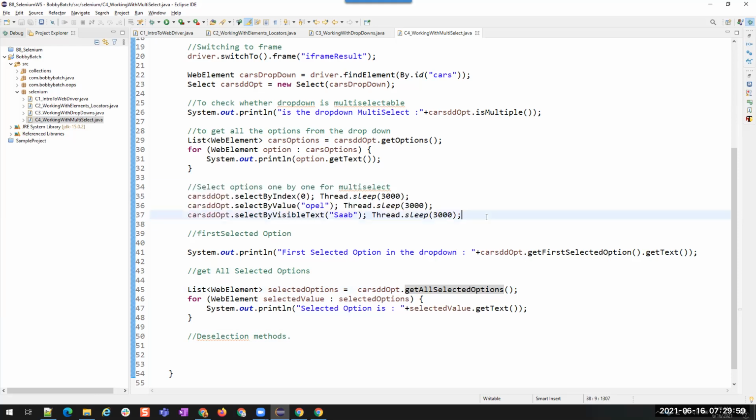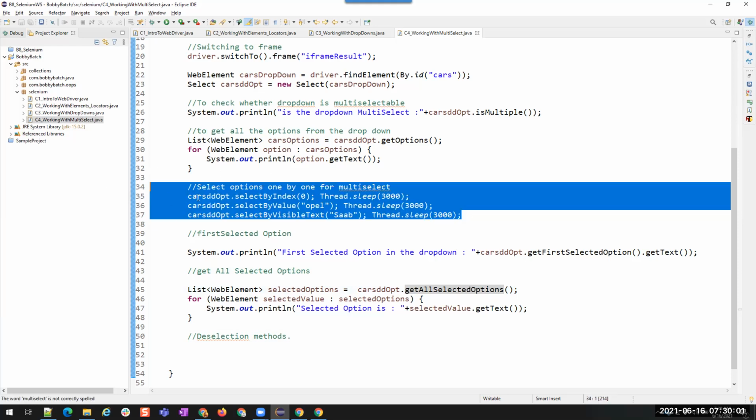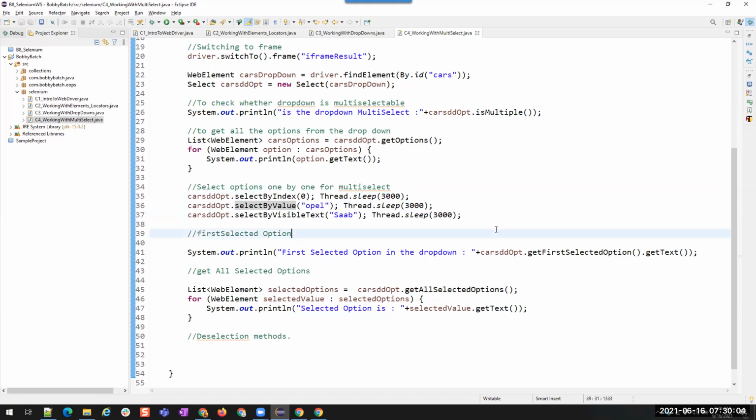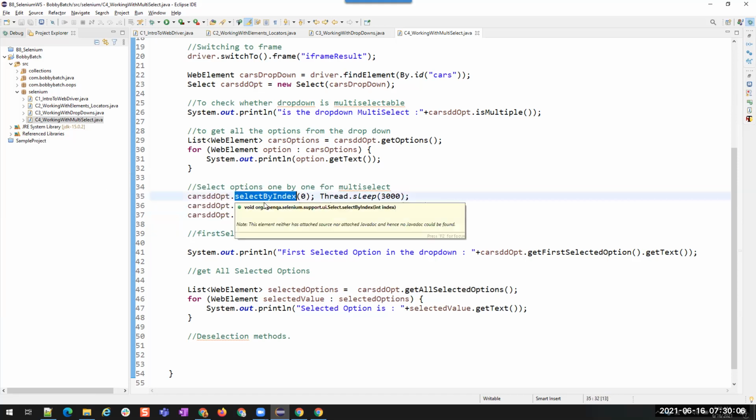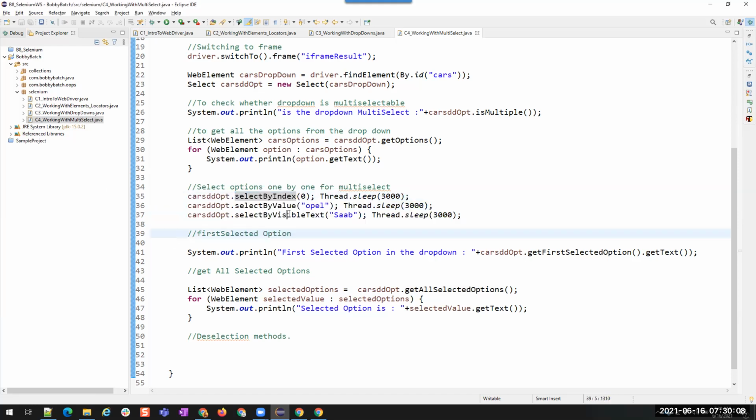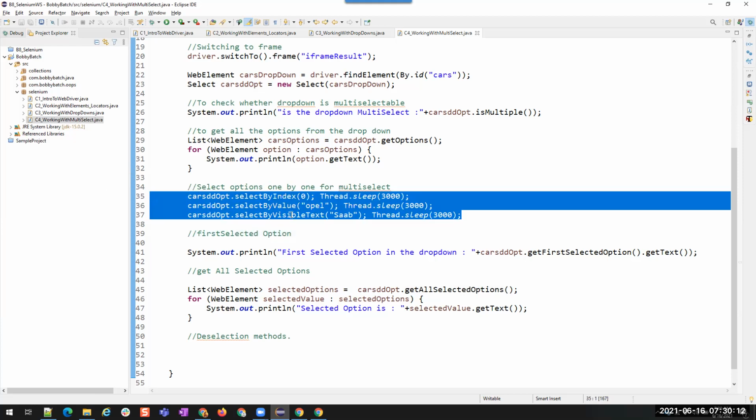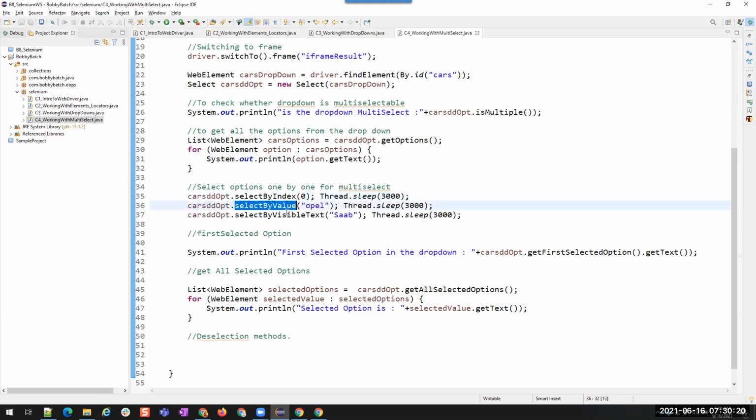Here I'm using 3 different ways to select values from a drop down, but you might use only index, only value, or only select by visible text. It's up to you. But to show you all the 3 different ways, I'm using 3 different things. It is not mandatory that you select one by index, one by value, and one by visible text.